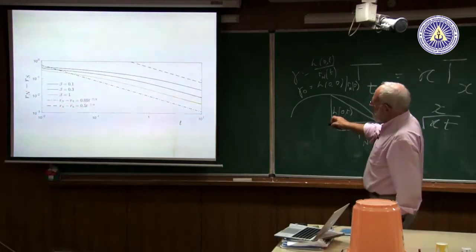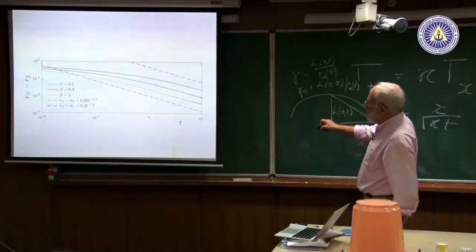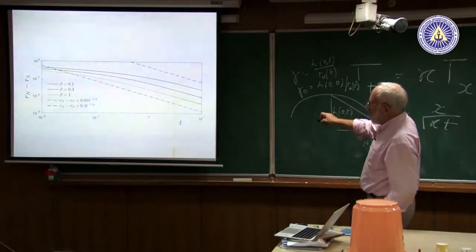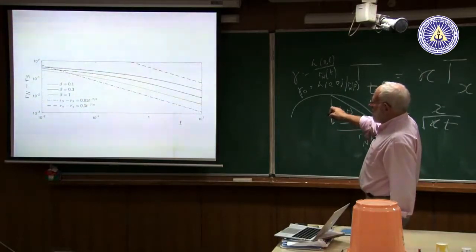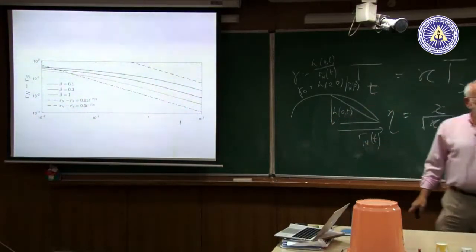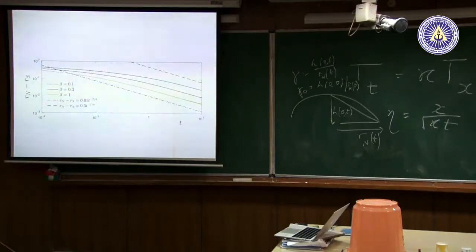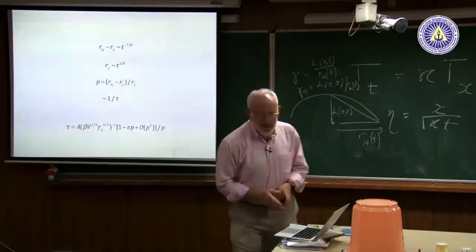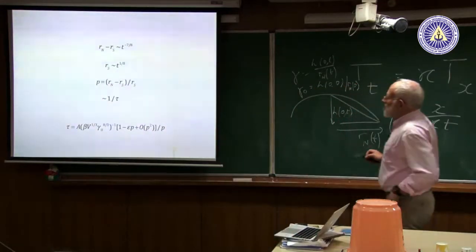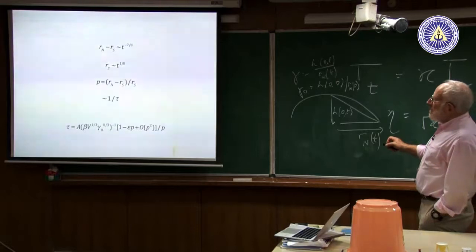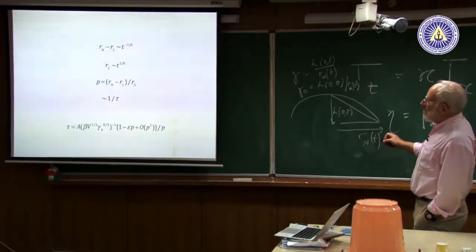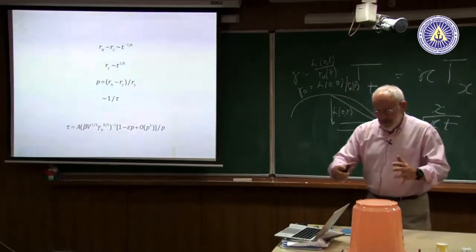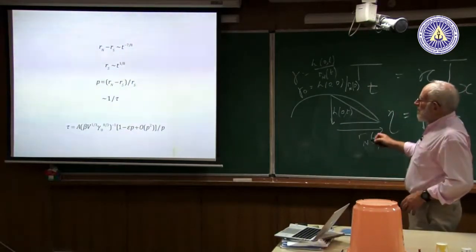And what you see is the difference between these two goes down like t to the minus 7/8. Not at the beginning, this is the large time asymptotics. Now I could give you 2 or 3 slides of proof, but I don't want to do that. Let me just say you can prove that properly. What I'm just going to do is use it. It says that the difference in the radius goes down like t to the minus 7/8. The similarity radius increases like t to the 1/8.